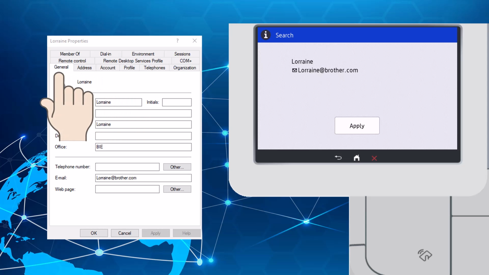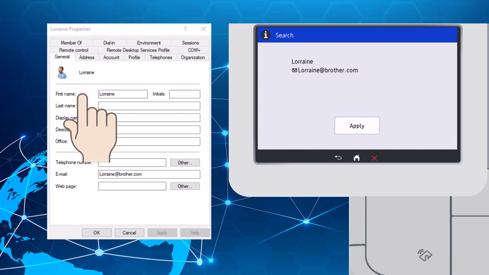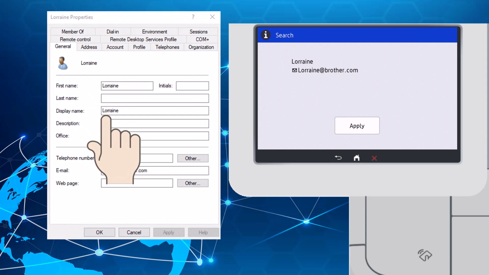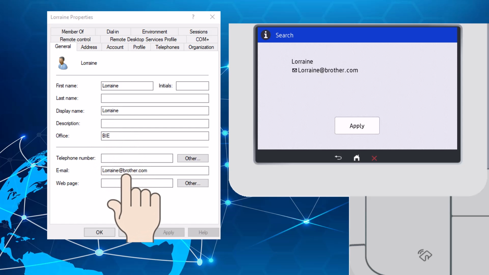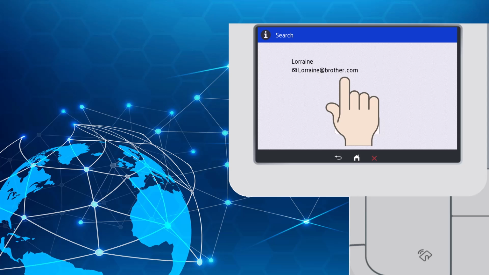Under the General tab in the User's Properties, the display name is the first information shown on the device panel. You can see the email address associated with the display name. Now we know how the name and email are associated. Select the Apply button.